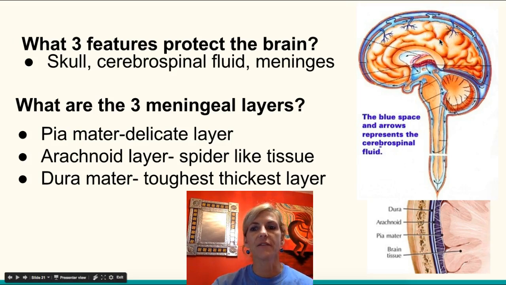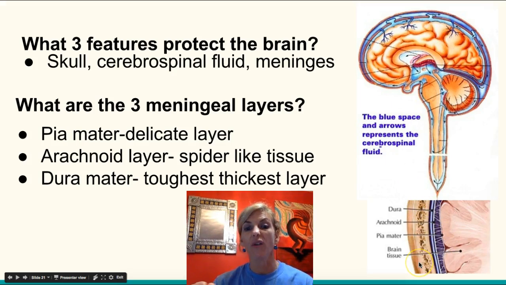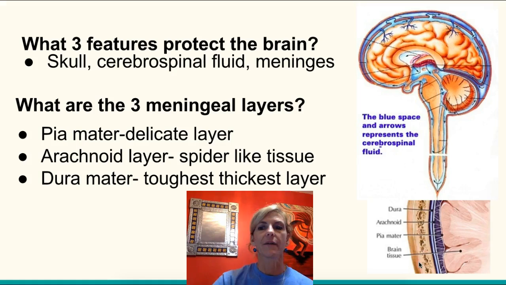So the three parts of that protect the brain. You have the skull. That's probably the most physical part, right? And then you have